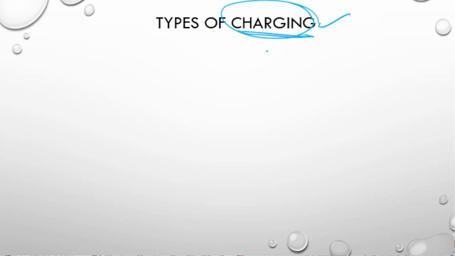So during the first part also, I told you we will discuss the types of charging. There are three types of charging, or three methods through which you can charge a particular conductor. You can only charge a conductor, right? We learned that just now. So there are three different ways to charge a conductor. What are the three different types? The first type is going to be